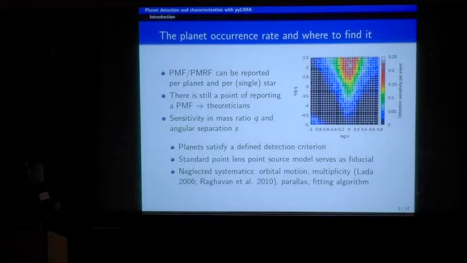In our case, when we're simulating events, we factor in a multiplicity, a linear law in log space, where a 0.1 solar mass system has a 10% multiplicity fraction, and a 10 solar mass star usually has an 80% multiplicity fraction. So when simulating these events, you can correct for that. And that is also something which limits our understanding of the sensitivity map, with 10%-ish uncertainty on what is actually there.